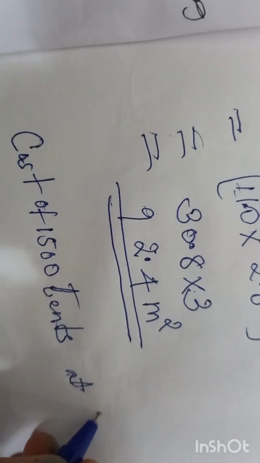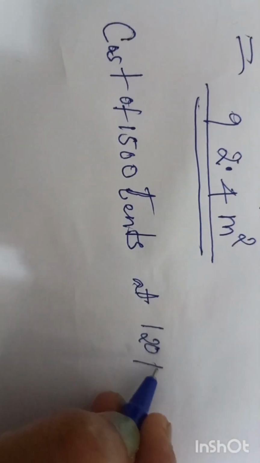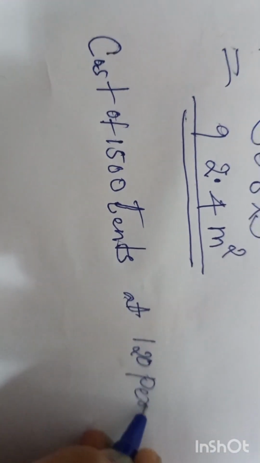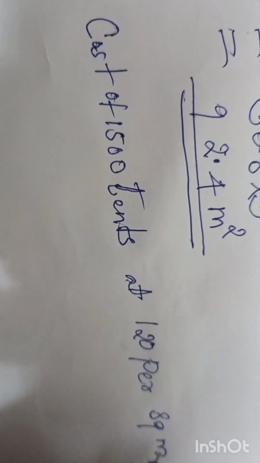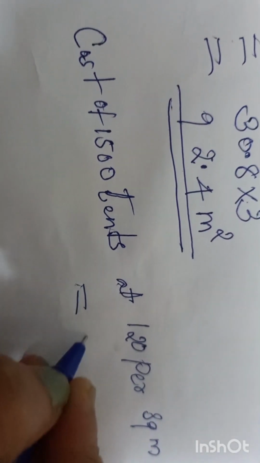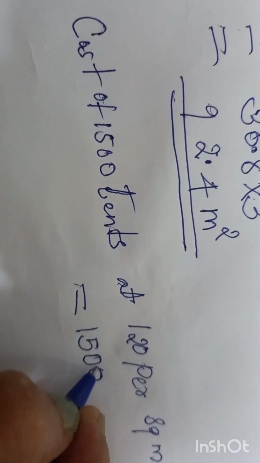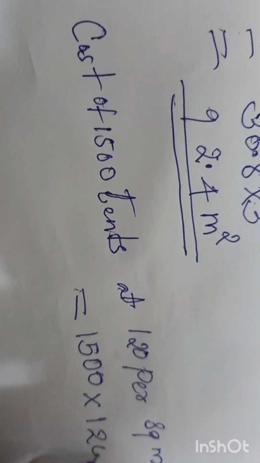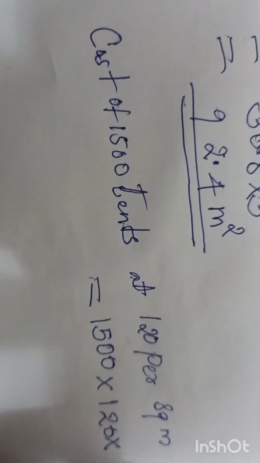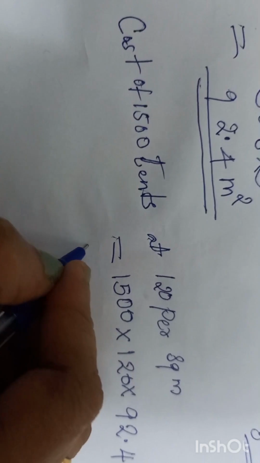At 120 per square meter, which is equal to 1,500 into 120 into 92.4, which is equal to